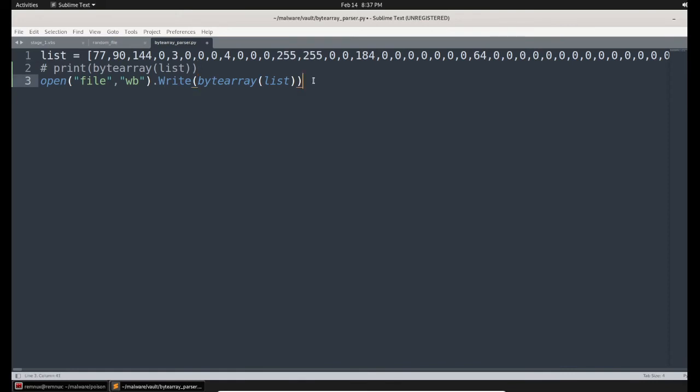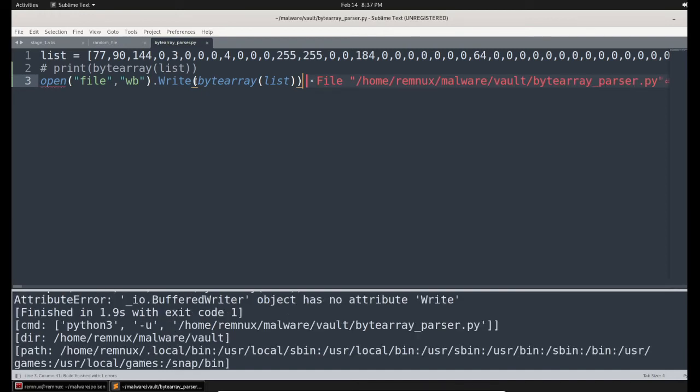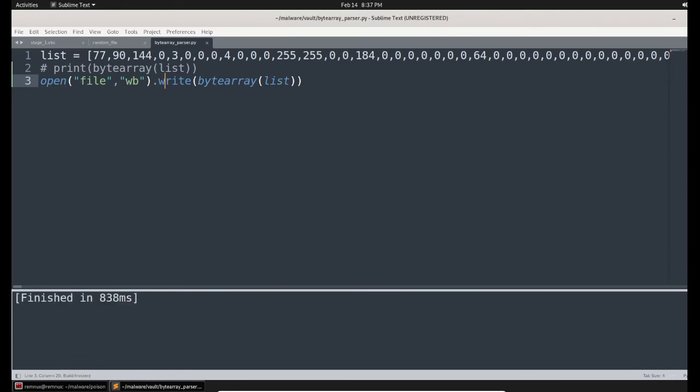Now I think I did it properly. Now let me execute the script once again. Still I'm getting the error. What could be the problem? Now it's successfully executed. Actually, it should be small w. Now I finished it. So let me check the outcome.